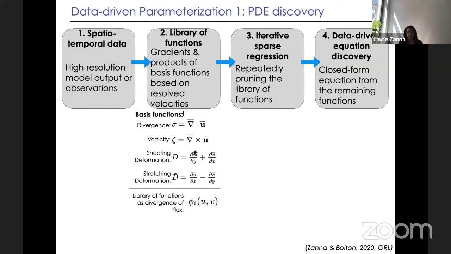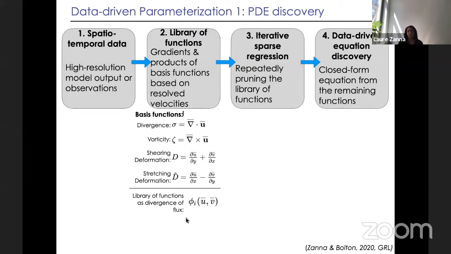So all those processes, if you're not a dynamicist, they're all linked to instabilities of the fluid, the way eddies are extracting energy and momentum from the mean flow, and the way they feed it back into the mean state. So it's all those mathematical properties that, of course, we're not giving it as equations. We give the algorithm just that data, those images that are the divergence, the vorticity, and the shearing and stretching of the flow. And we give products of it or higher derivatives of those quantities.